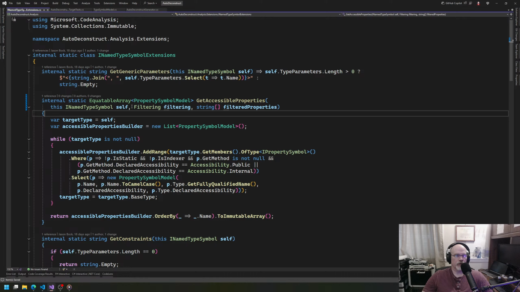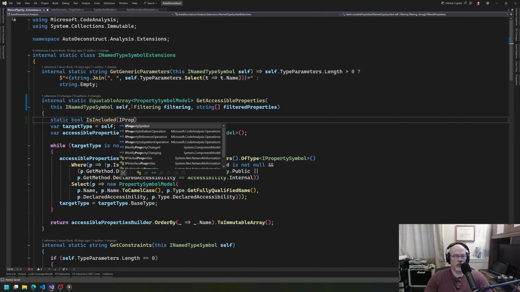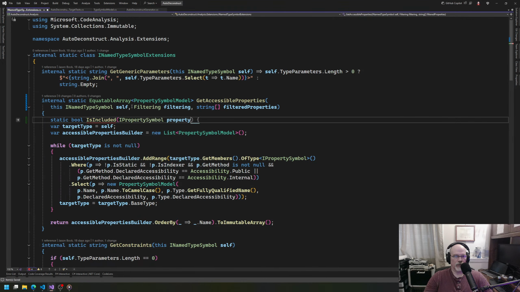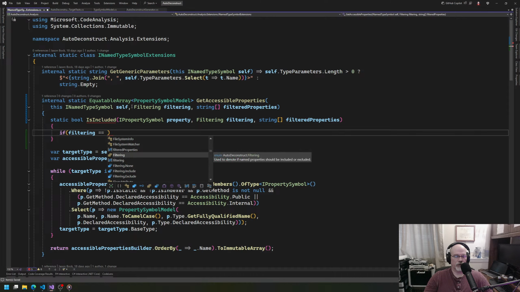I wonder if I could do this. Static bool is included. So I can say property symbol, property, and then we'll take these. And then I'll say if filtering equals